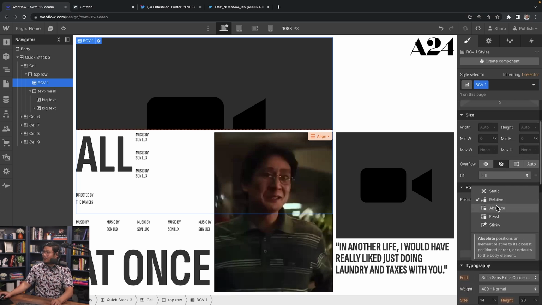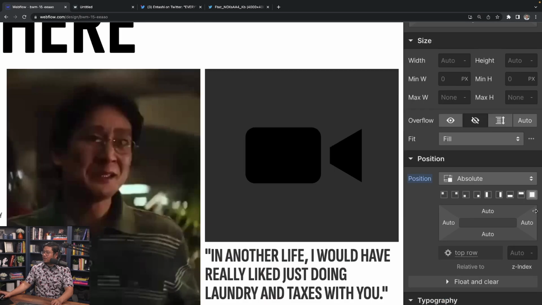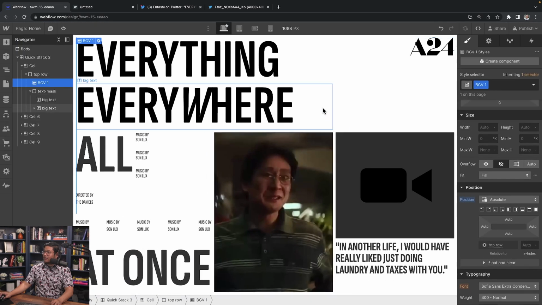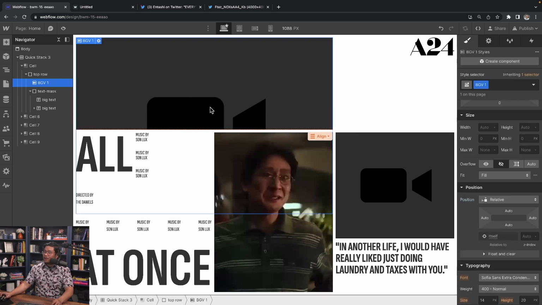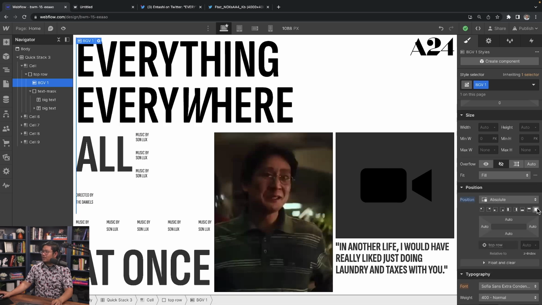Let me remove this real quick. See how the video icon is chopped off? That means that the video isn't vertically aligned, so we only see the top half of the video. We want to see the middle part of it. We want to align it middle. So position absolute, set it to full,